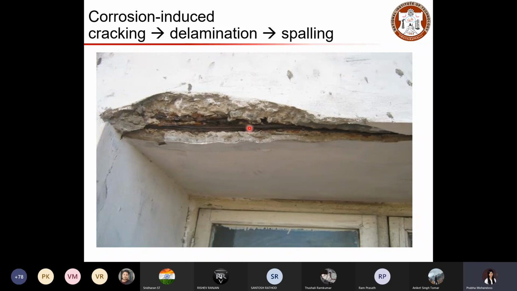Initially, due to the rust volume increase, there will be expansive pressure, which will lead to cracking and further delamination, and at a certain stage it will lead to spalling of concrete. Then there is no concrete left to protect the steel. The bare corroded steel is visible to the